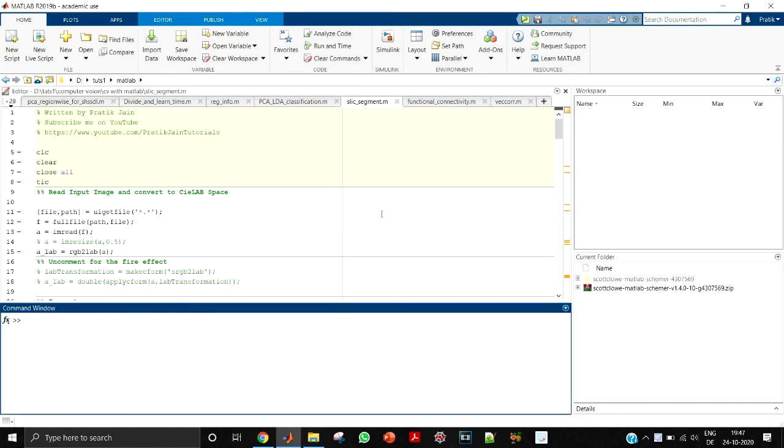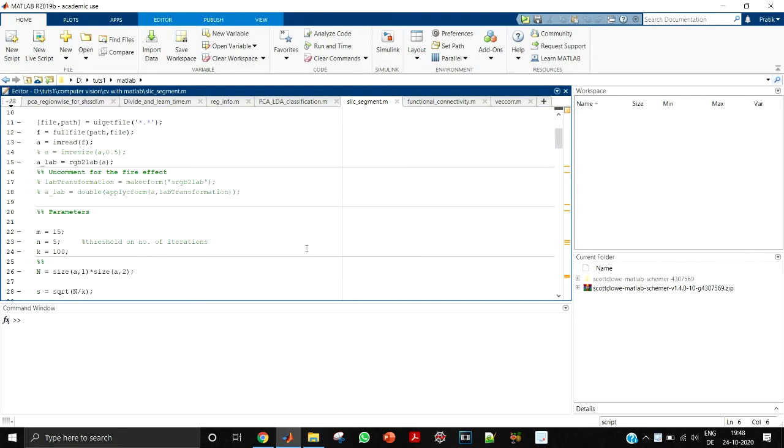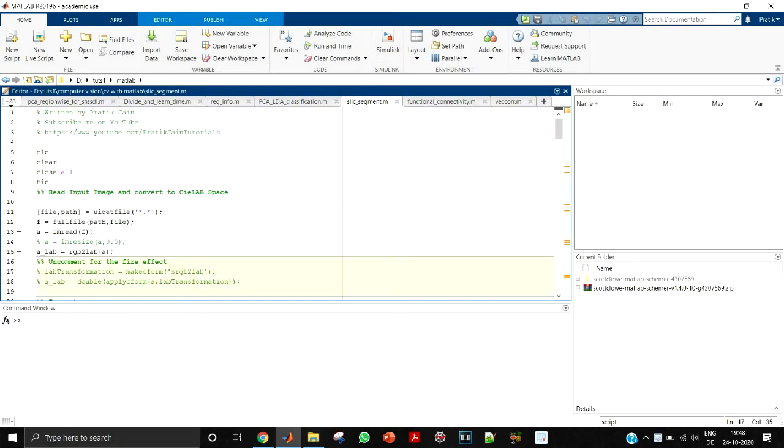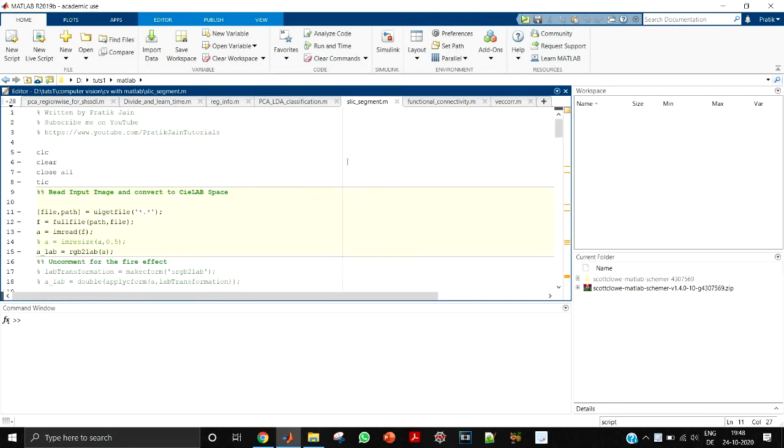Hello guys, in this video I'm going to show you how you can change the colors in MATLAB. So this background color that you have, this white color over here, you can change all of these things: the colors for comments, the colors for the text, these colors. You can change all of these by yourself, so I'm going to show you how you can do those things.